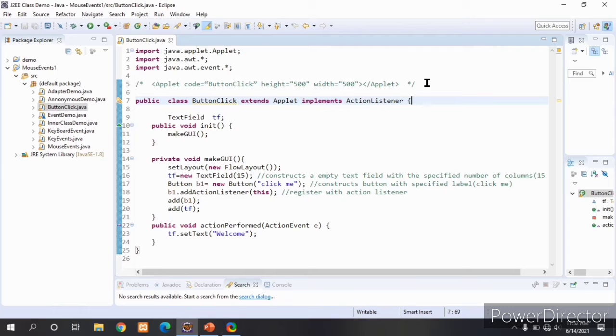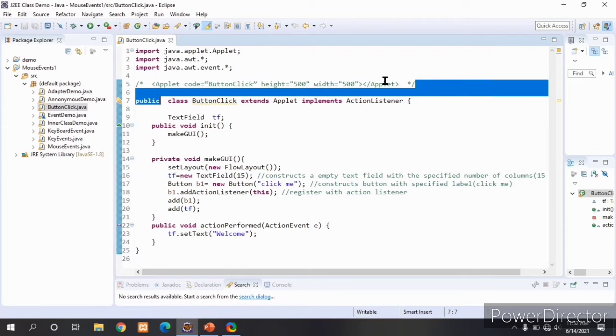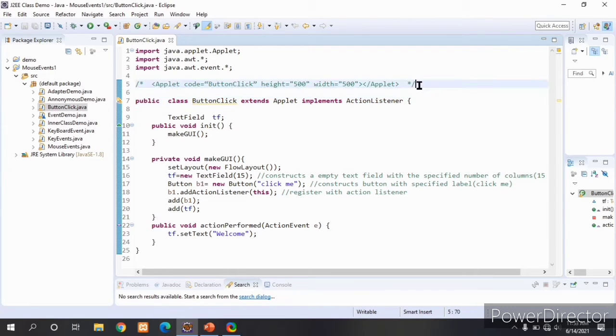What it will do is, here applet code, when the applet viewer is executing this program, it will find this code and it will run this program. This class, ButtonClick class, and the rest of the code will be treated as HTML statements to run the